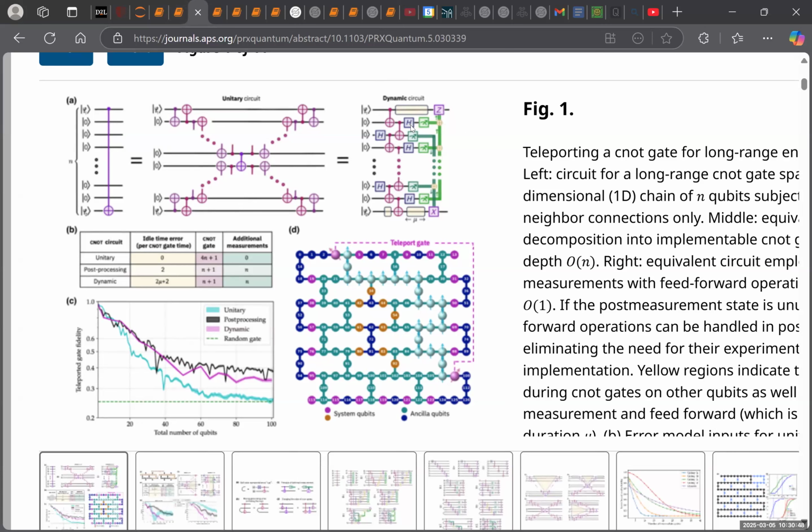Okay, and then you do the Hadamard on the ones that you have not done the Hadamard. Of course, control and target are special. Then you perform measurement,